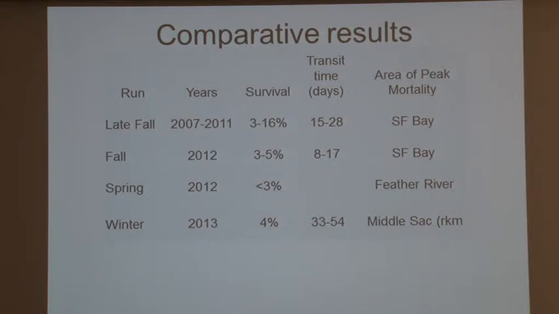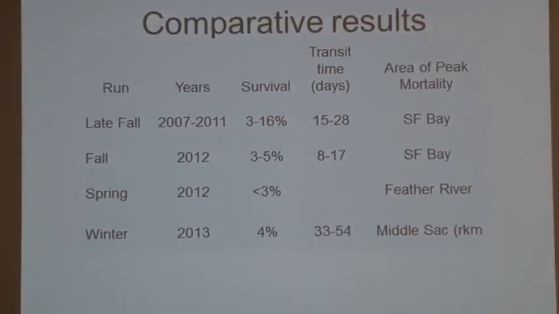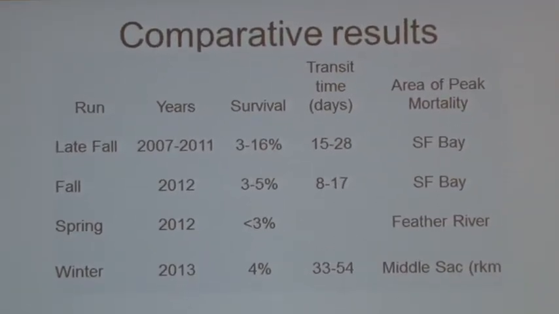So this just compares the travel time and survival rates of the different runs of fish. This is very preliminary results for fall, spring, and winter, just 1 year of data, and not huge sample sizes. We had some technological issues with the JSATS tags that were getting ironed out. But one of the kind of surprising things here was the variability in survival rates among the different runs of salmon. So there were some questions earlier about whether one fish is a very good surrogate of another. I think this, we're going to learn, is generally a kind of a dangerous thing to do.